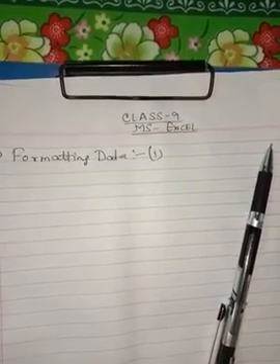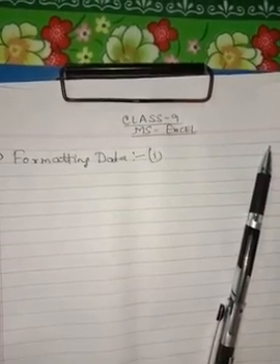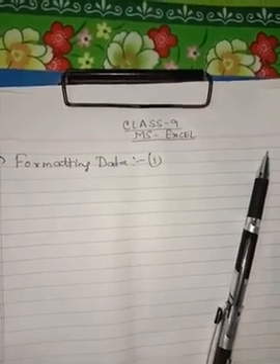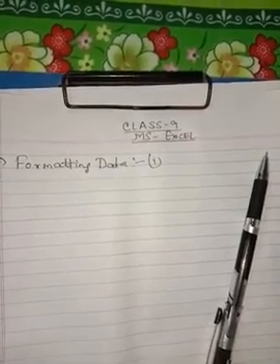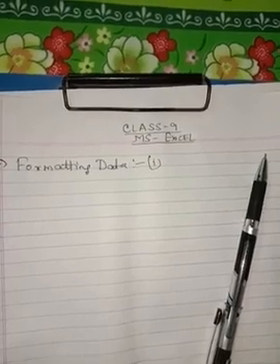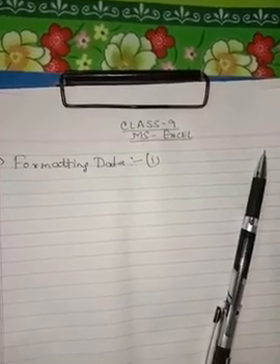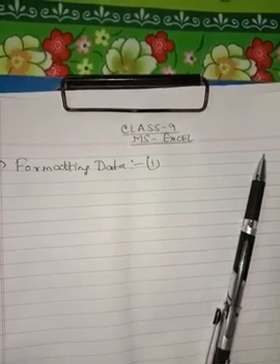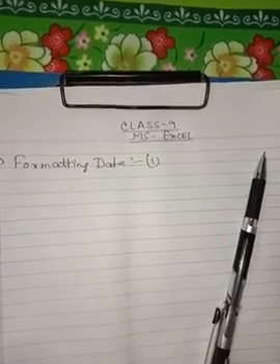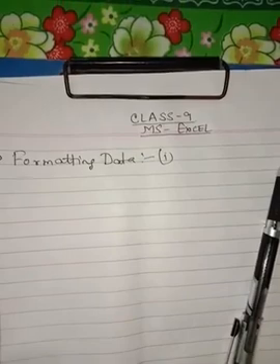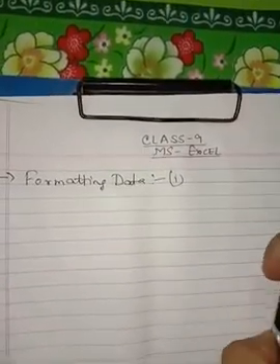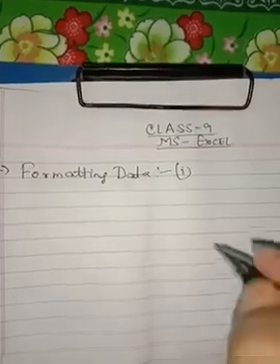Formatting text means changing the font style, the font type, the font size, and alignment. Formatting numbers means changing the numeric type from one format to another, such as changing a particular value to a date type, to a currency type, etc. So here in formatting the data, the first topic that we are going to discuss is changing the font characteristics.